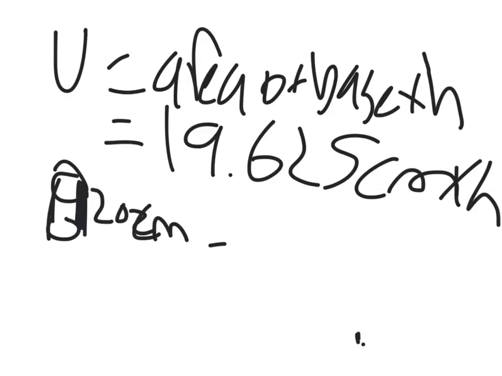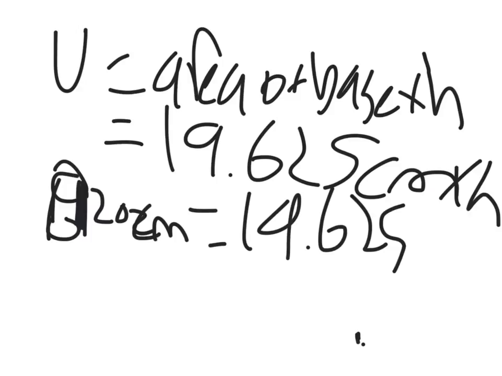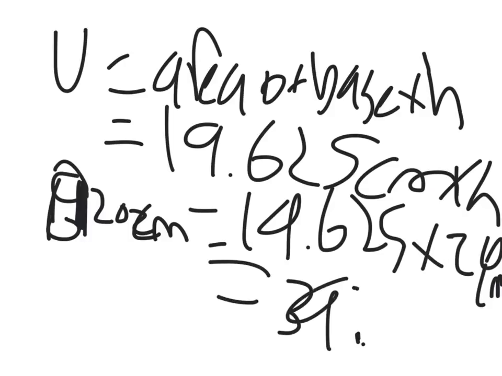Then we'd put equals 19.625 times 20 centimeters. And that would equal 392.5 centimeters cubed because it's volume. So that is the end of our video on how to do the volume of a square and a cylinder. It also works for